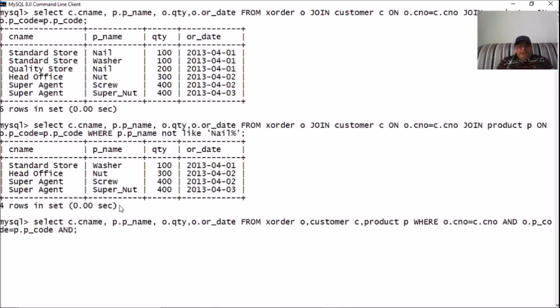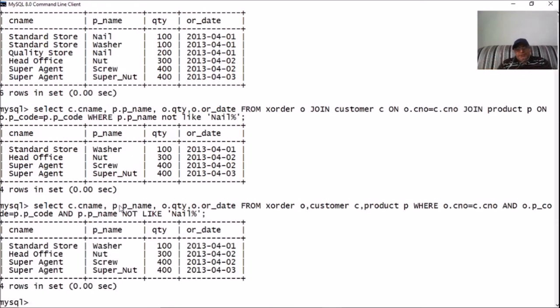Just put an and, P dot P name not like nail percentage, and you get the same result. Here it is.